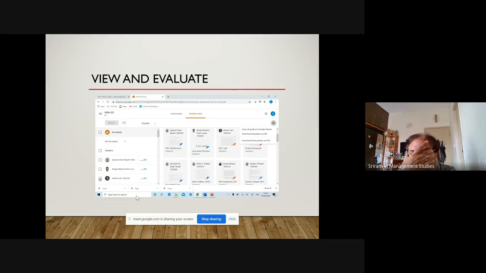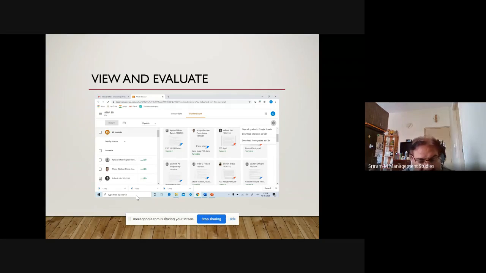After scoring, there's one more option here on the left. If you see, there is something called return. This return is how you can return that assignment to the student. He will be getting the grades. And if you want to give any comments on it, you can give a comment. So the moment you open the assignment, there'll be a comment box also where you can write probably not satisfactory or more detail required, whatever it is. You can give those details in your comments and then it will go to the student.